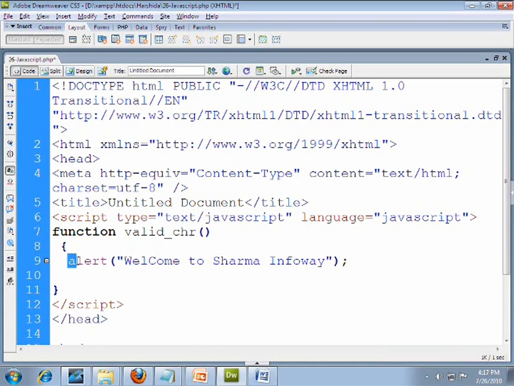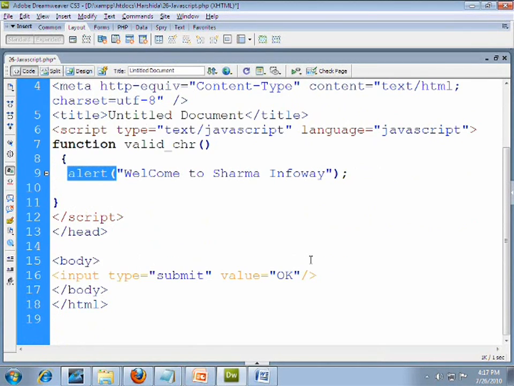Alert is basically used to generate the message box for our application. Again I repeat, alert is used to generate the message. So let's first call this function. My target is that when I click on a button, I want to call this JavaScript function. So you go back to your input type submit.